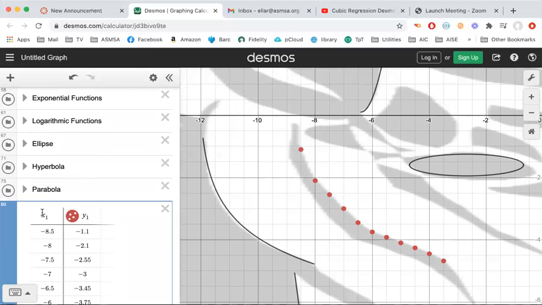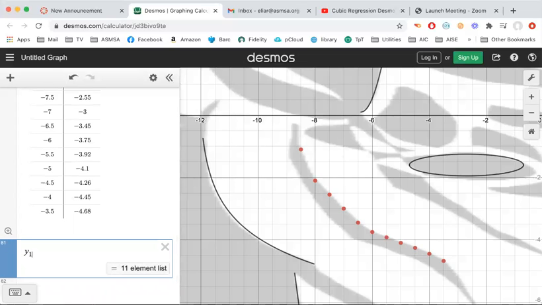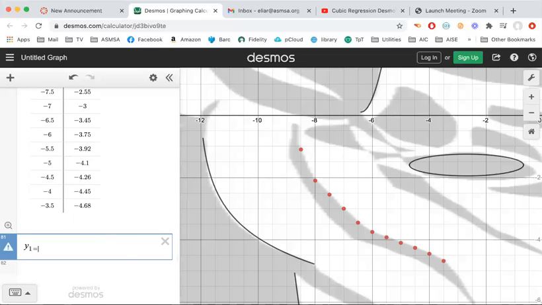Then notice how this is x sub 1 and y sub 1. So here's how we're going to do our equation to figure out what equation fits it. We're going to do y sub 1 equals tilde, which is the second tilde sign. And then we're going to do our cubic function, which is a x. That tilde sign doesn't look like it's showing up right. There it goes, tilde. Okay, and then we've got a x cubed plus